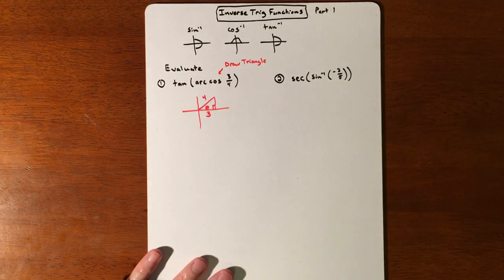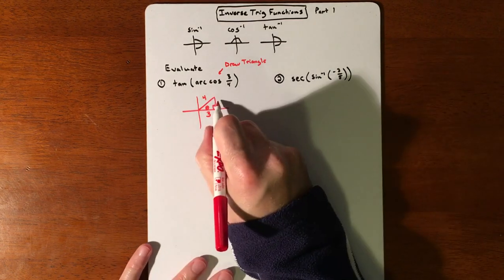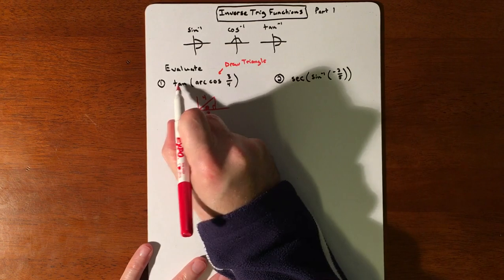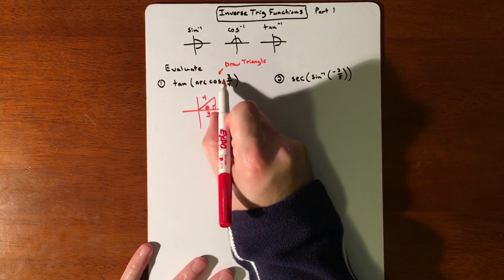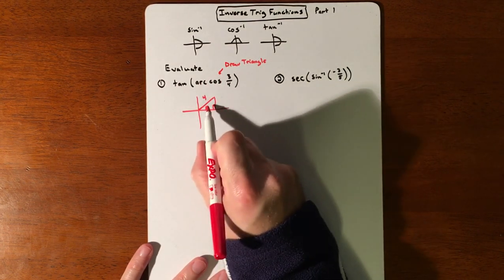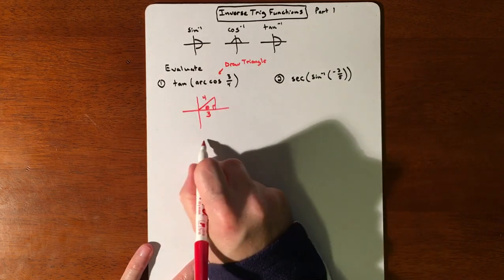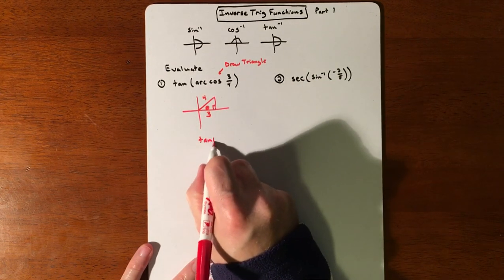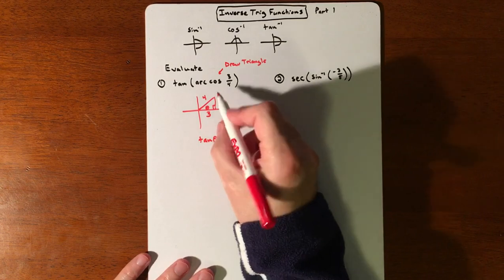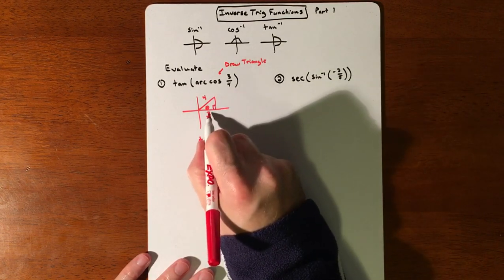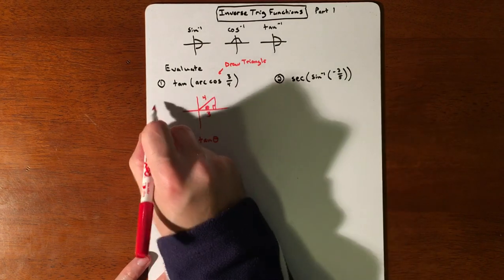And then I'm going to use the Pythagorean theorem to figure out what my missing side is. So basically this is done. All this was used for is to create this triangle. That's it. So now we're really just doing tangent of theta. But for tangent, I need opposite over adjacent. So I need to do